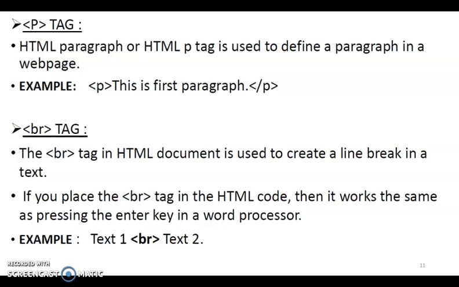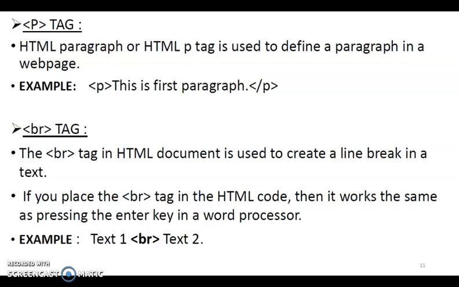Okay, now the next tag is the BR tag. It is used to create a line break. So if you place the BR tag in HTML code, then it works like the enter key. Means what? Whenever you press the enter key on your keyboard, you jump to the next line. The same work is done by the BR tag. So what is the syntax? The text, whatever you require, then mention the BR tag and then the other text.